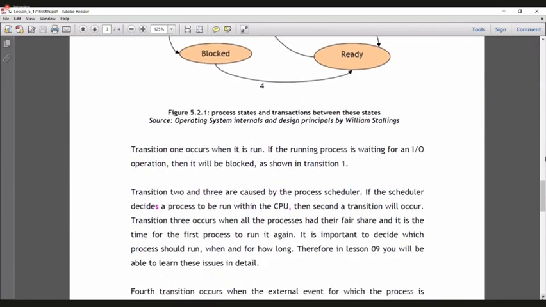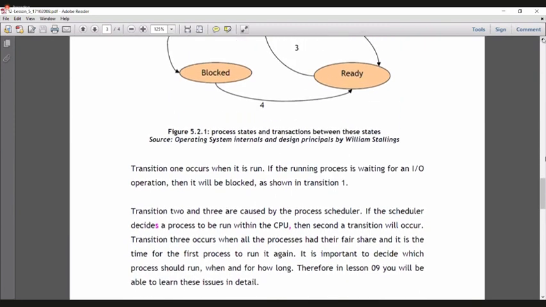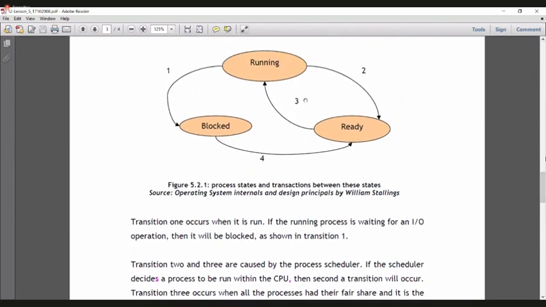So let's go. Transition 1 occurs when a process is running, right? This is transition 1. Transition 1 moves a process from running state to blocked state. So 1 occurs when it is running. If the running process is waiting for an IO operation, input output, for example,